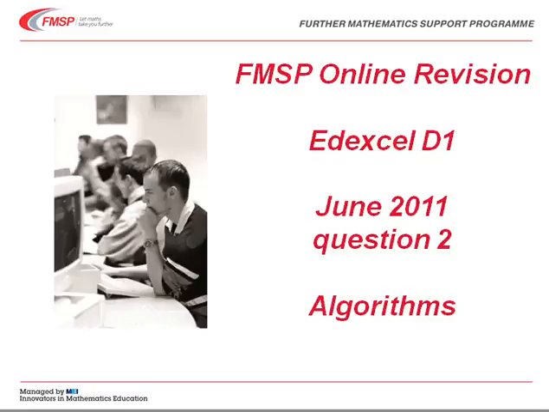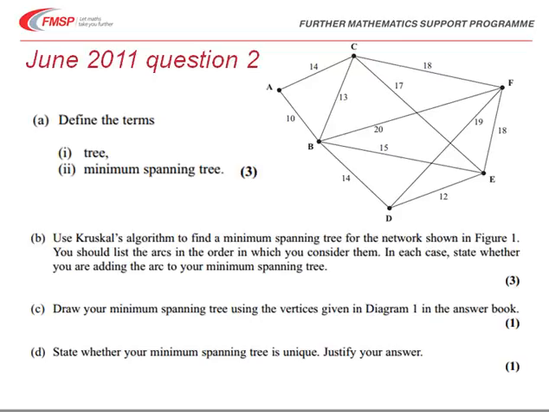In this video, I'm looking at the solution to question 2 of the June 2011 Edexcel D1 paper, and the topic of the question is algorithms. We're asked first of all in the question to define a couple of terms, a tree and a minimum spanning tree, and then in part B to use Kruskal's algorithm to find a minimum spanning tree for the network shown